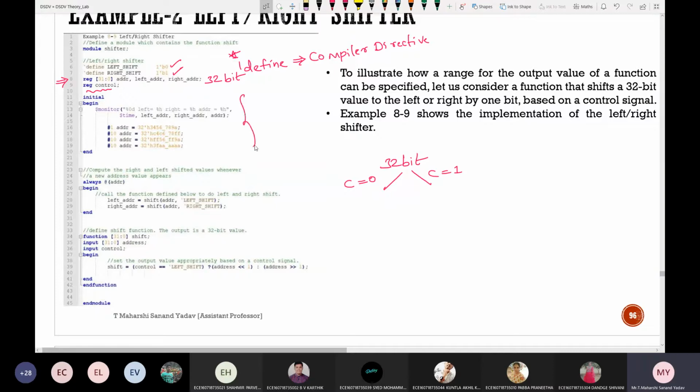Next, this is called an initial block. Here I'm trying to monitor the changes in the values of address, followed by the values after left and right shift. And what is the use of this dollar time here? What will it tell?